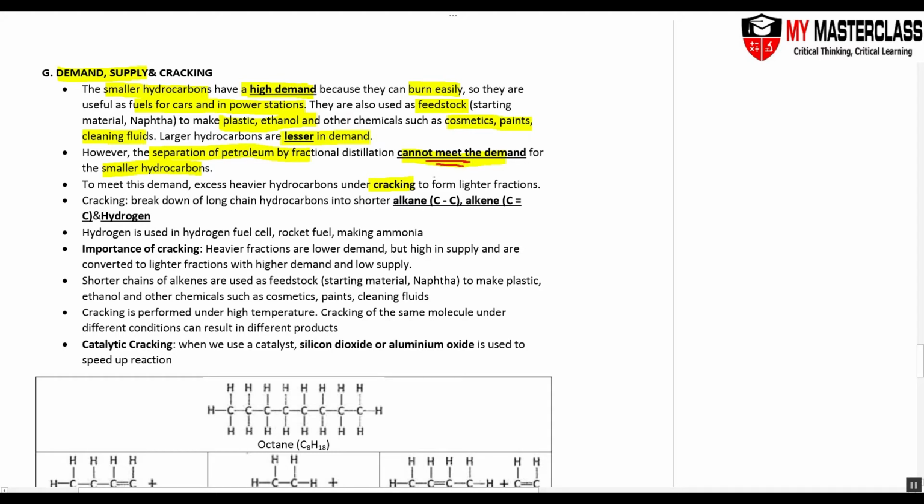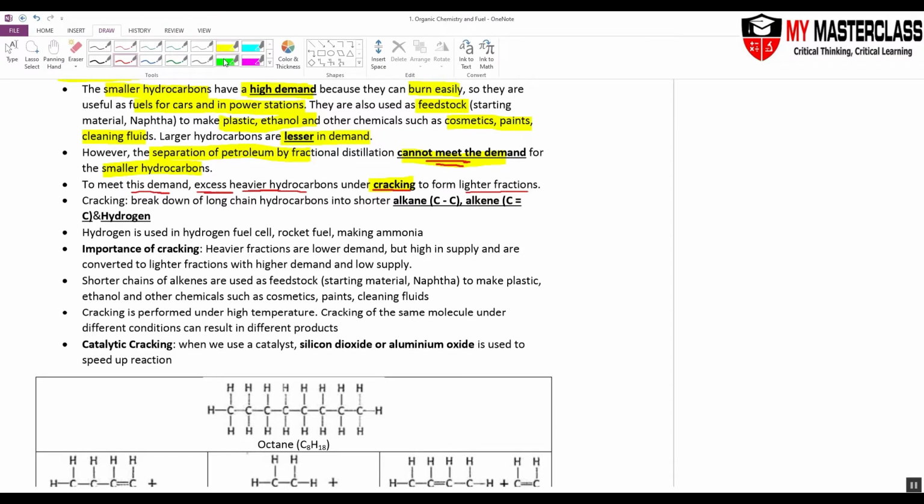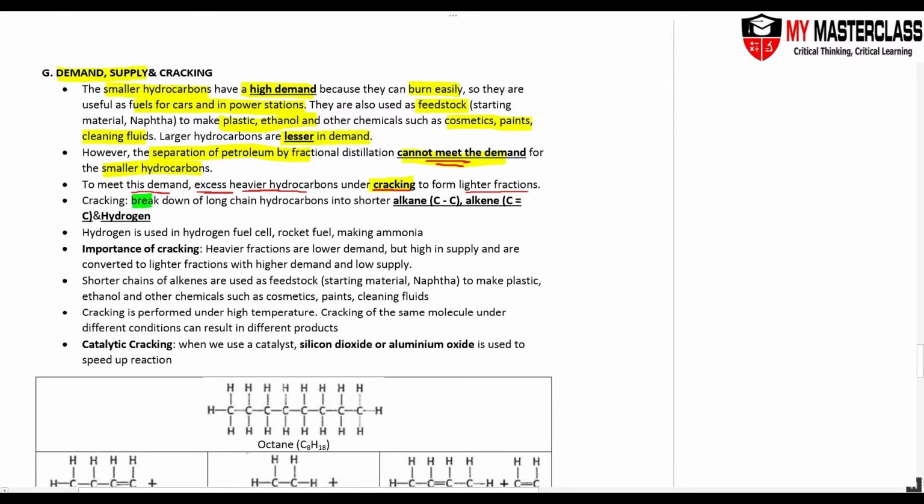Okay, so as a result, what to do to meet this demand? There are the heavier hydrocarbons after you use them for bitumen and lubricating oil. We have what we call excess because nobody demands them, right? So with this heavier hydrocarbon, we perform cracking to form lighter fractions. Okay, so definition of cracking. What is cracking? You must know, it is the breakdown of long hydrocarbons into shorter